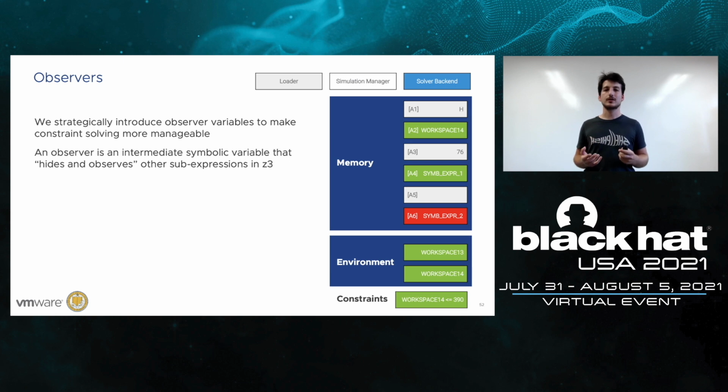An observer variable is essentially an intermediate variable that will hide a sub-expression and observe its value throughout the execution. Looking at the cell A4, the expression that is now contained in that cell is workspace 14 greater than 390 plus 84, which is then a Boolean sub-expression workspace 14 greater than 390 plus a concrete integer 84. However, when we are symbolically executing the sample and we want to query all the possible models associated with this cell,